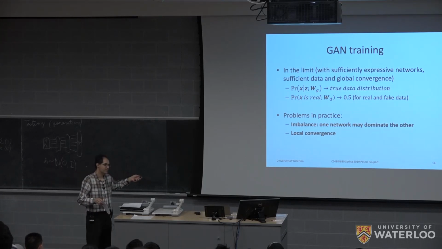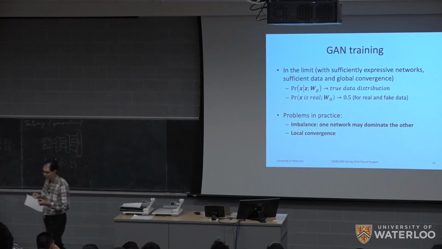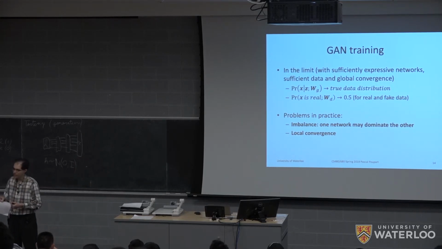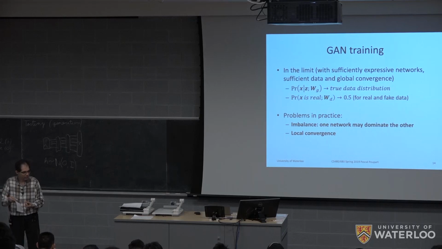Now in practice, there are problems. One problem is that it's possible for a network to dominate the other. So here you see we have an adversarial setting. The two networks are essentially one minimizing, the other one maximizing. And then you want to make sure that they are worthy opponents for each other, because otherwise it's